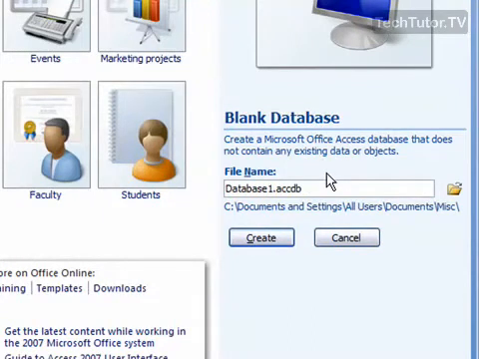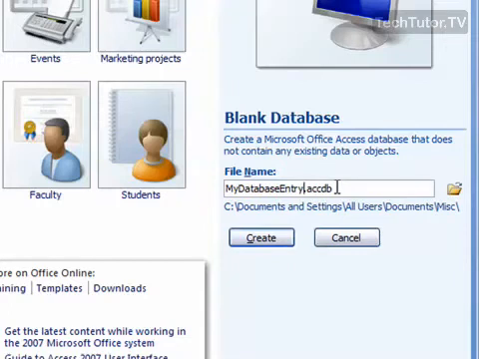When you first create your Access database, it's going to have you automatically save it as soon as it's created. So go ahead and choose a file name, and it's going to give you a default file name. If this is your first database, it'll probably be database 1. Go ahead and select just that first part and name your database. And notice the file extension is .accdb, and that just stands for Access Database,